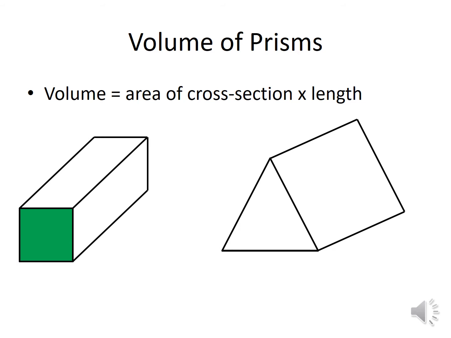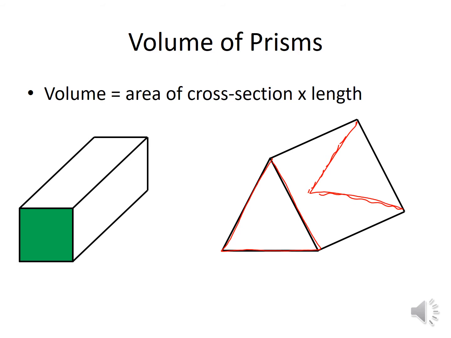Okay, so let's recall what a volume is. So we're going to calculate the amount of substance that can fill into a 3D shape. So today we're going to be focusing primarily on the shape on the right hand side. That is this shape here. This is known as a triangular prism. So a prism is a solid geometric figure or shape whose sides or ends are similar. So let's have a look here. On the front we have a triangle, and on the back we have the same size triangle. So that is a triangular prism.